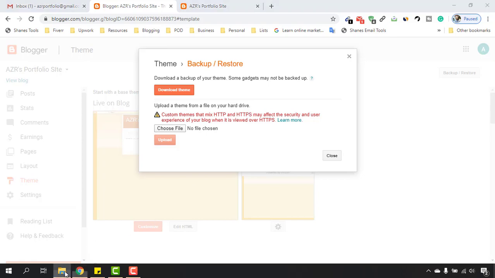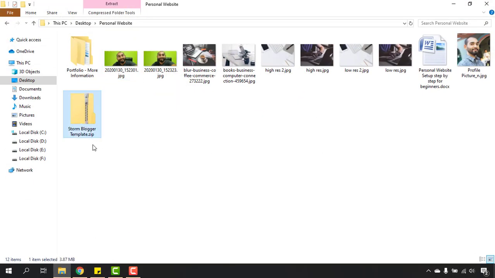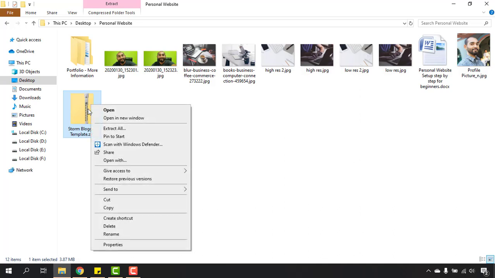So let me show you the theme first. So this one, Storm Blogger template, and I'm going to attach the theme link into the video resource section so that you'll be able to download this theme and you'll be able to use it as well. So let me just unzip this one,